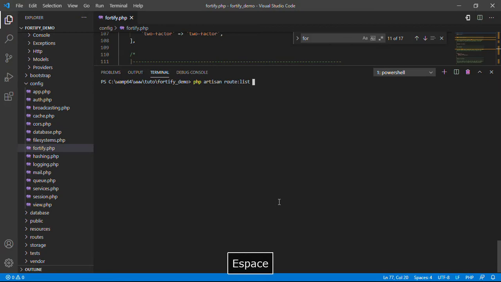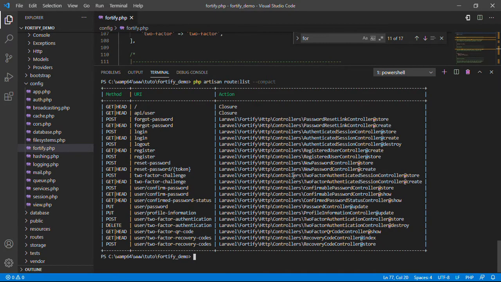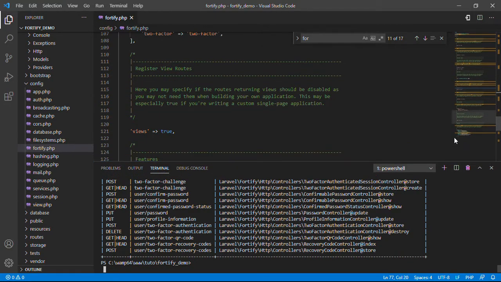Okay, php artisan route:list --compact. Okay, for example here, if you are building a single page application or API, you can edit login. But if I set the value to false,